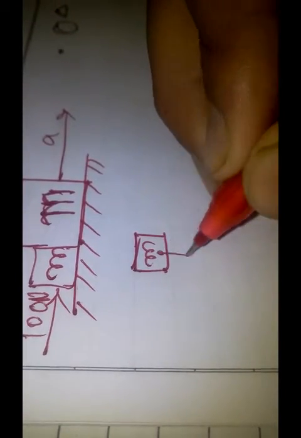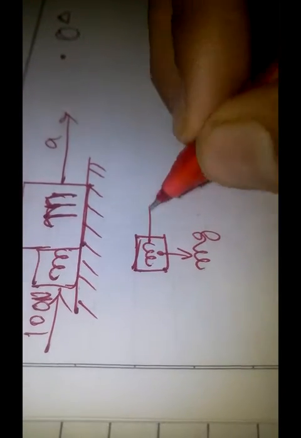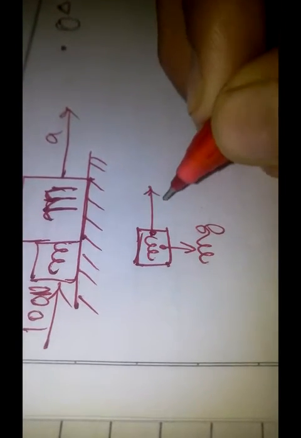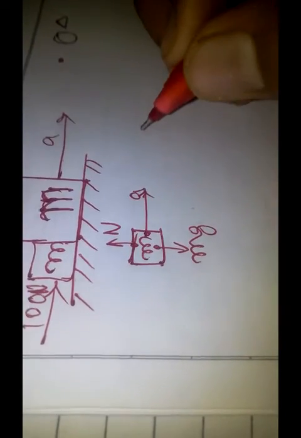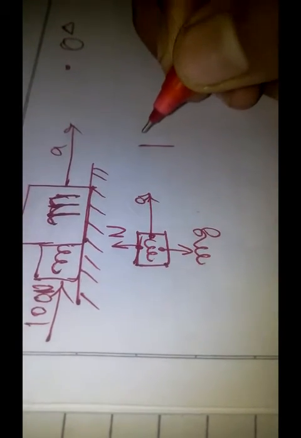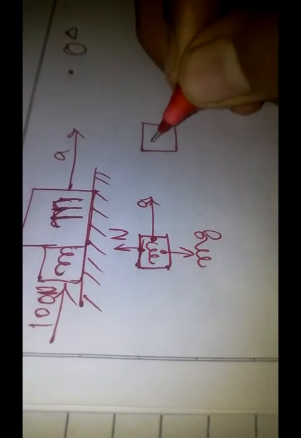So this is small mass m, its weight mg, and its acceleration a, and the normal force N. The normal force basically acts only when the object is kept on a surface. This bigger mass M, its weight